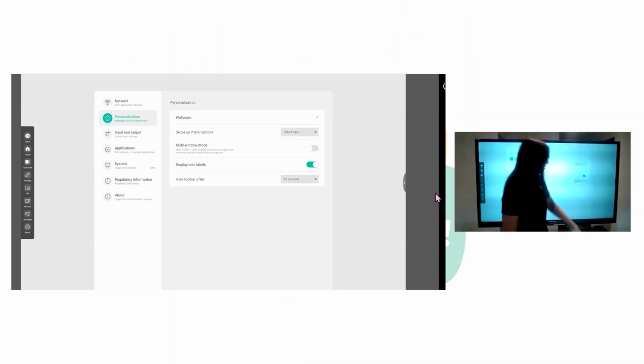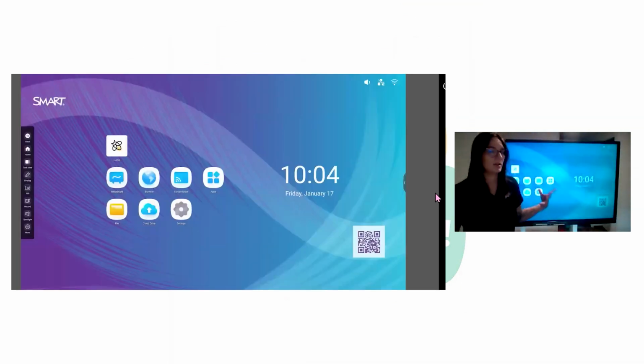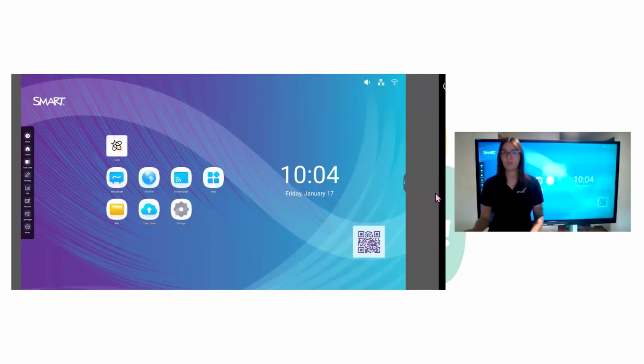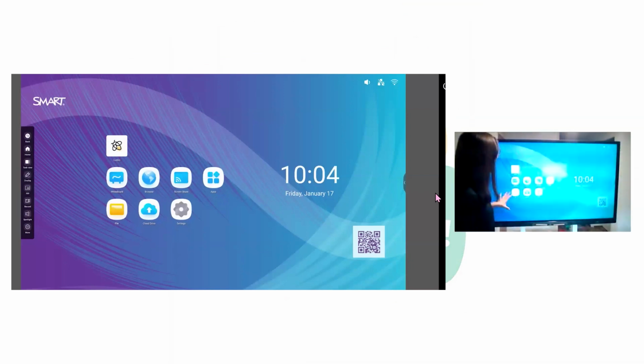Now, perfect. Let's go back to the home screen here. Like I said, we're going to start out by talking about some customization. We've talked about customizing some of those settings, but let's talk about actually customizing our home screen. Now, if I had an additional app that I would like pinned as a shortcut here, all I would need